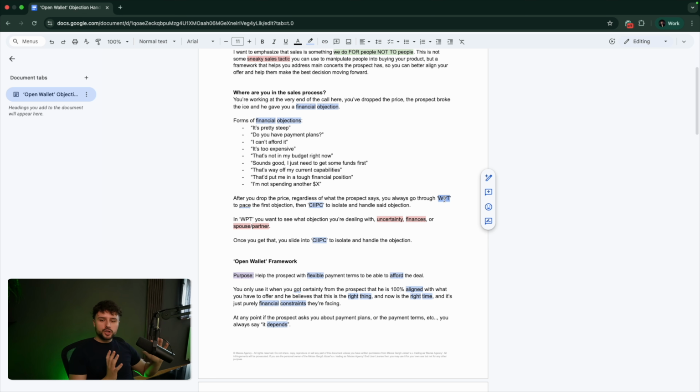If the prospect is uncertain and has some kind of underlying issues or concerns about your services or about themselves, we cannot talk about finances. No payment plan is going to help you move forward with that sale, because an uncertain prospect is confused, and a confused mind never buys. So we always handle the objection they give with WPT first